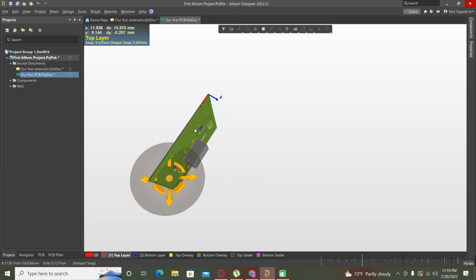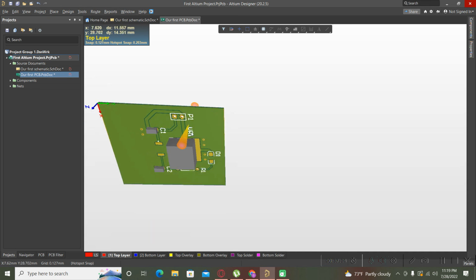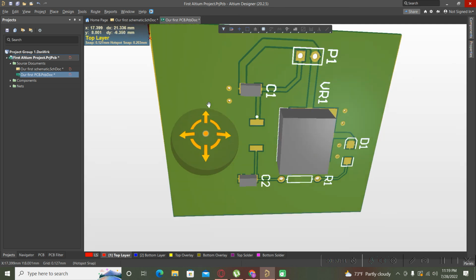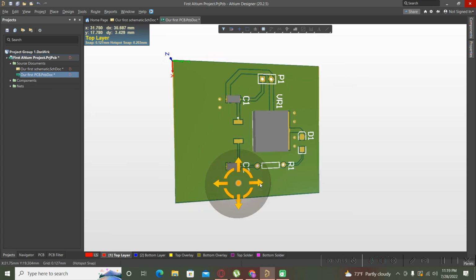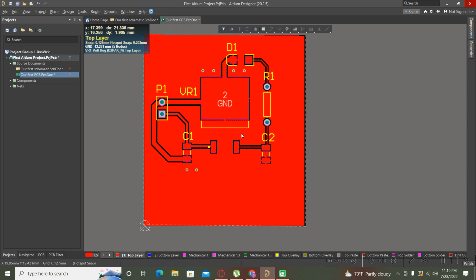If we want to put it in the correct position, we must hit V F to fit our PCB, and now it looks better. To switch back to the normal mode, we will hit the 2 key, and now we have ready our first PCB